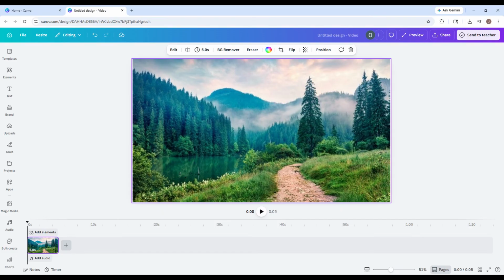And that's really all there is to it. In just a few clicks, you can flip a frame in Canva, mirror your image, and quickly improve the look of your design. This is one of those simple Canva tricks that can save time and help your graphics look